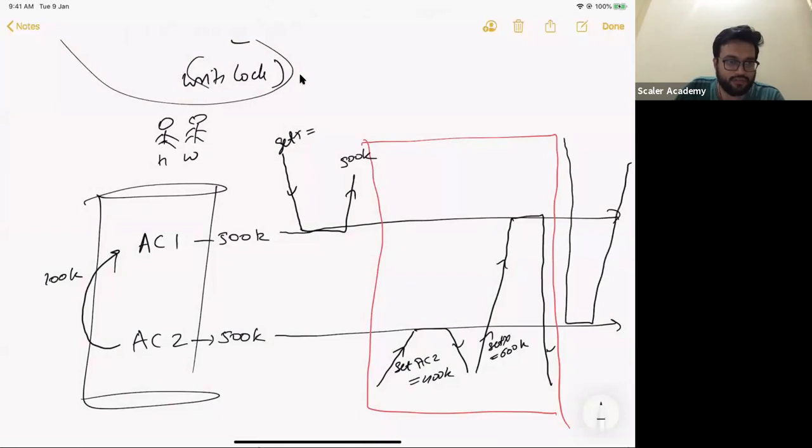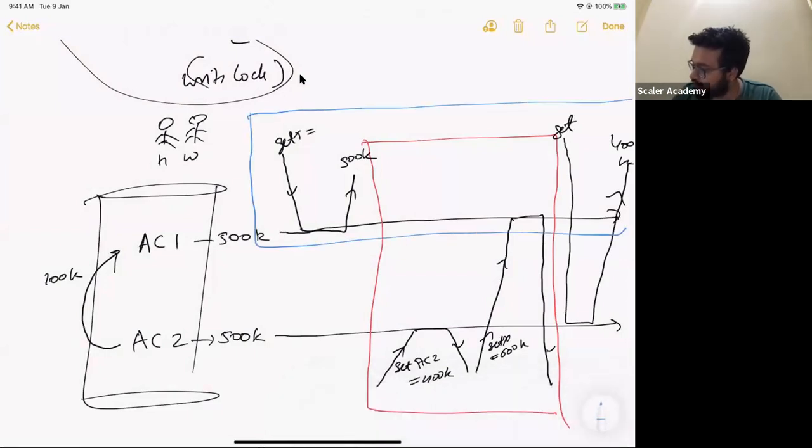Does it make sense, folks? So he does a get here, and how much money will he see? 400,000, because a transaction has ended and he will see the committed data, and the committed data was 400,000. Now look at the transaction of the first guy. The transaction of the husband spanned from here to here. Does that make sense to everybody? These are the two transactions. Did I do anything wrong here? Is this totally possible? This is totally possible, right?